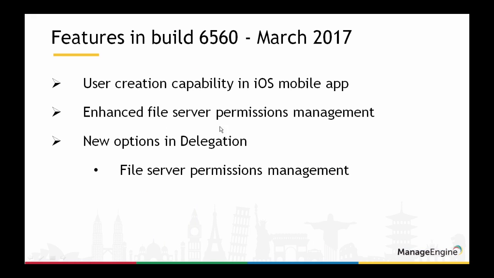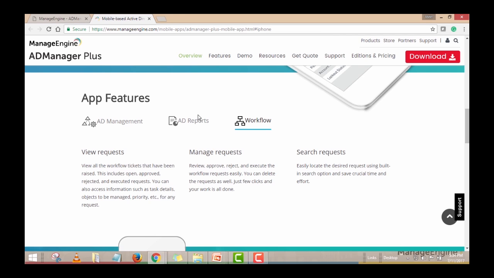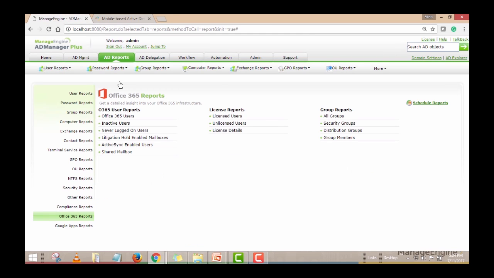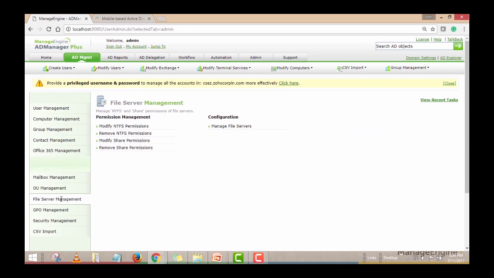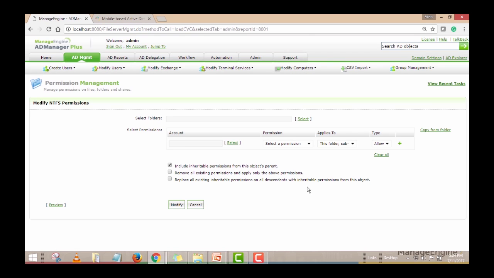Okay, next would be something really interesting, which is file server permissions management. Now, ADManager Plus has this file server management feature for quite some time, but we have enhanced this feature now. All right. Now, talking about the enhancement, if you go to the ADMGMT tab, and then if you go to file server management, and if you go to the modify NTFS permission section, so we now give you an option